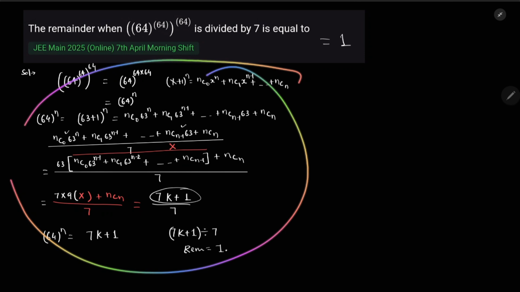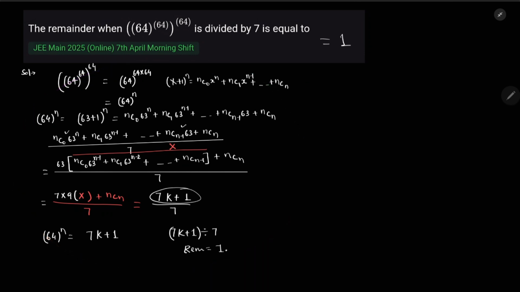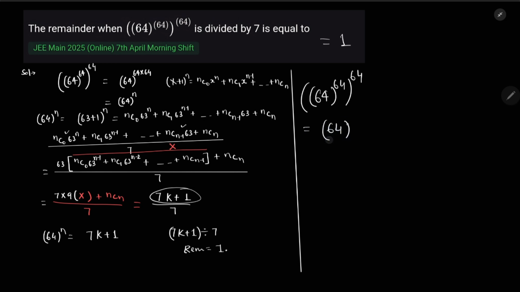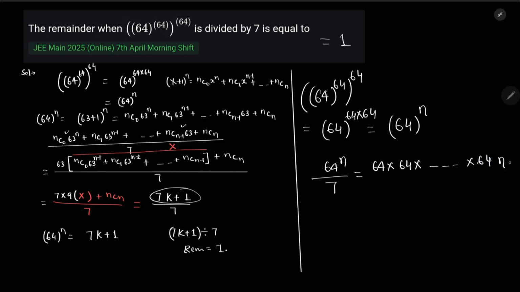Instead of doing all this process, we can use a shortcut, like 64 to the power 64 to the power 64. So 64 to the power 64, into 64, we can write as 64 to the power n. ठीक है. So हम क्या करेंगे कि 64 टू पावर n को मुझे डिवाइड करना है 7 से. सो रिमाइंडर क्या आएगा? सो दिस कैन बी रिटन एज 64 इंटू 64 इंटू 64 की n टाइम्स